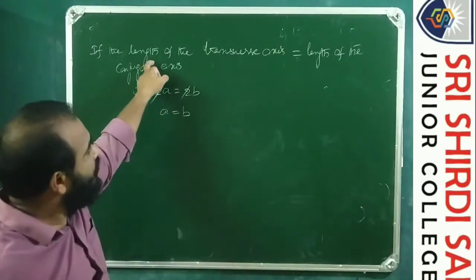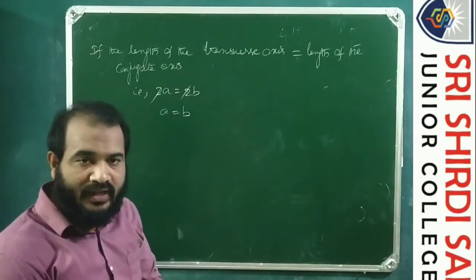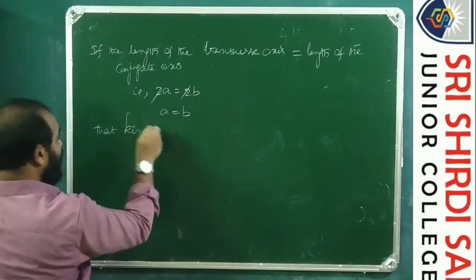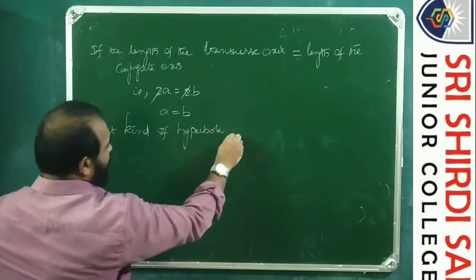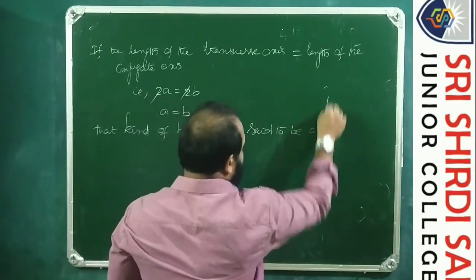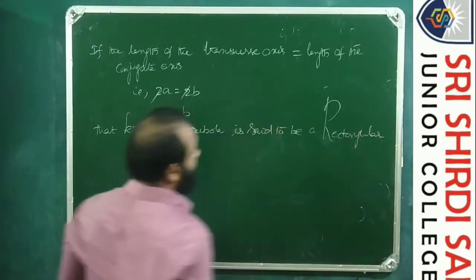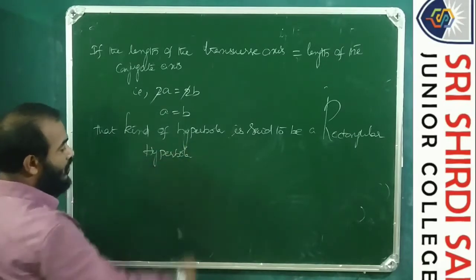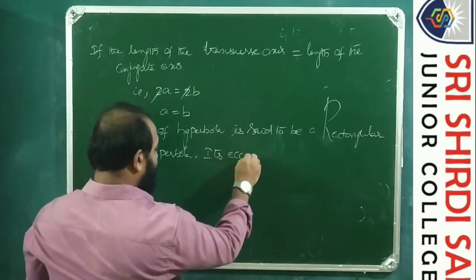If the length of the transverse axis is equal to the length of the conjugate axis, that is a is equal to b, that kind of hyperbola is said to be a rectangular hyperbola. Rectangular hyperbola. So, its eccentricity is